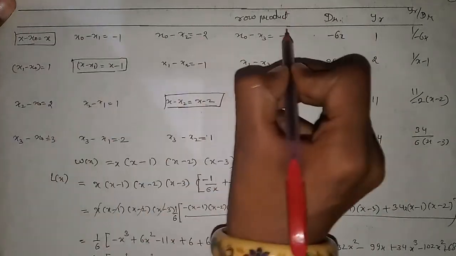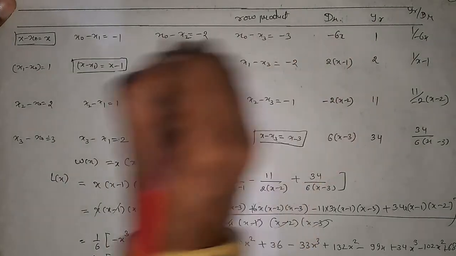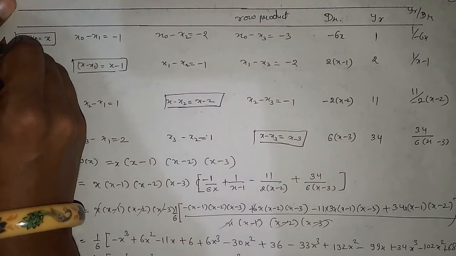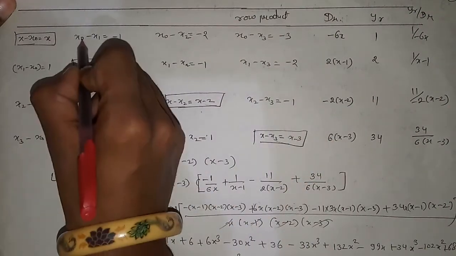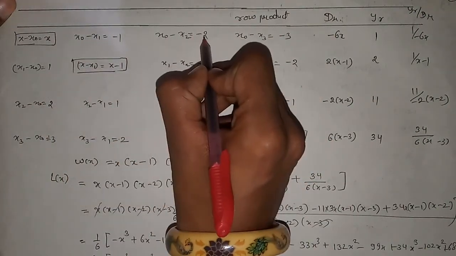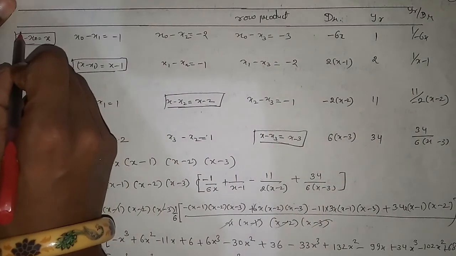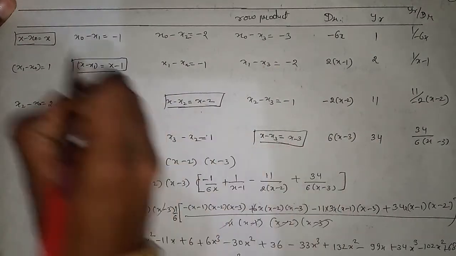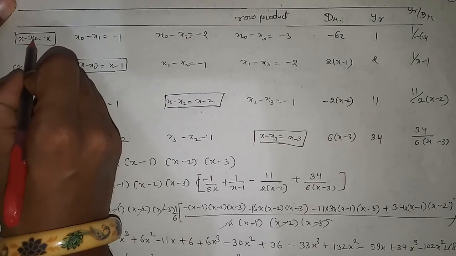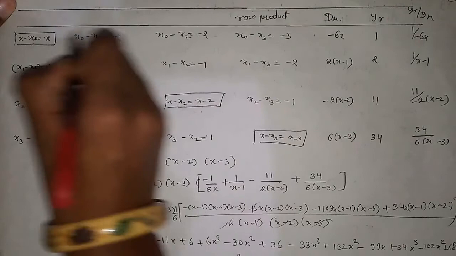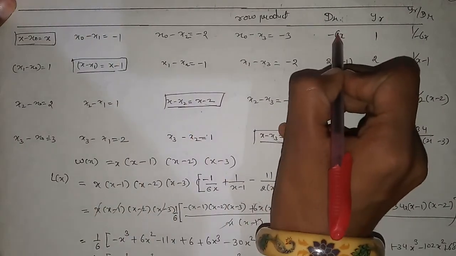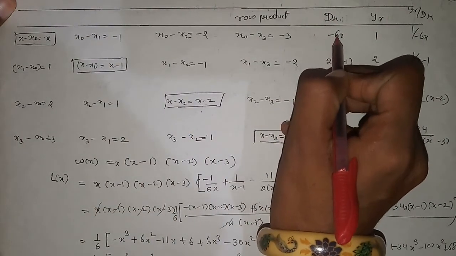But from what value will we subtract this value? If the first row is there, we will subtract all arguments from x0. So x0 minus x1, x0 minus x2, x0 minus x3, and so on. But as I have already told you, for the diagonal values we have to subtract x0, so if you write x0 here, this entire product becomes 0. So instead of D_r getting any value, we will get 0.